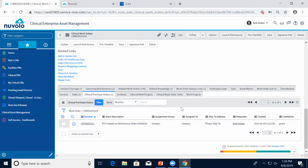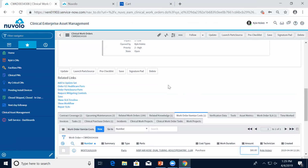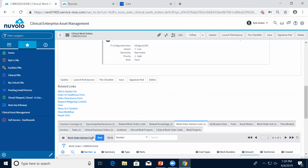As you can see, our purchase order is still here, but what's been added is this work order itemized cost. The amount of this cost, since we only use 1, has been added to our inventory. So if I scroll up, and also if I need to punch my labor time, right, I would come in,